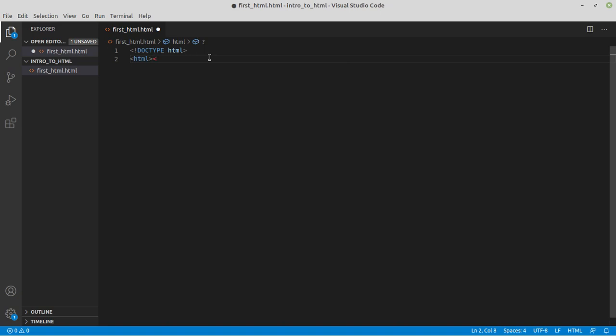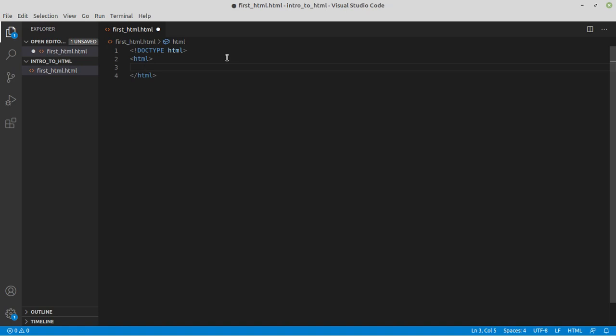So this is our HTML tag and this is our closing HTML tag. Okay, so the first one is the opening HTML tag and the second one is the closing HTML tag. The only thing that differentiates them is this /. So this is a normal HTML tag, and now this becomes the closing HTML tag.